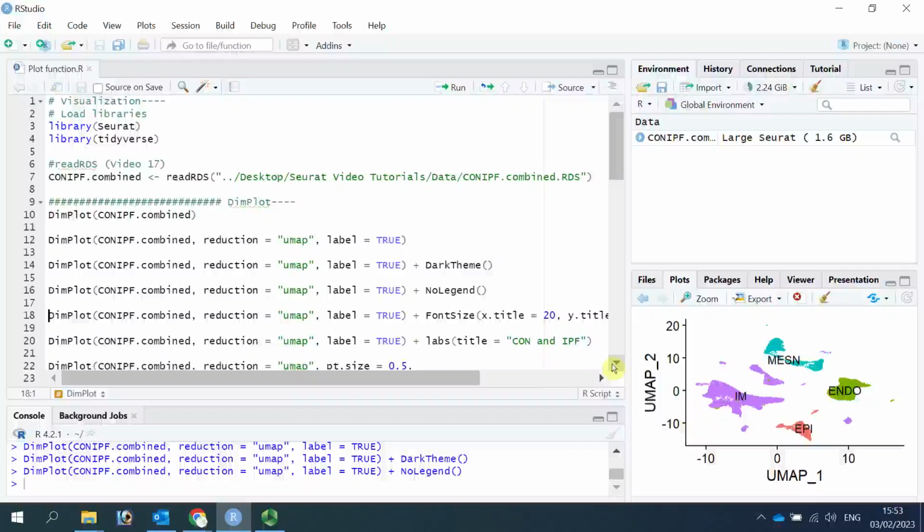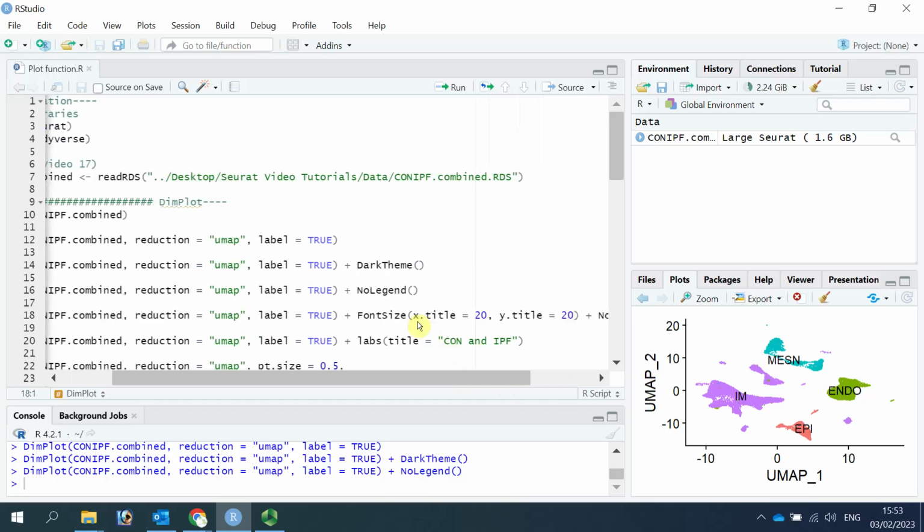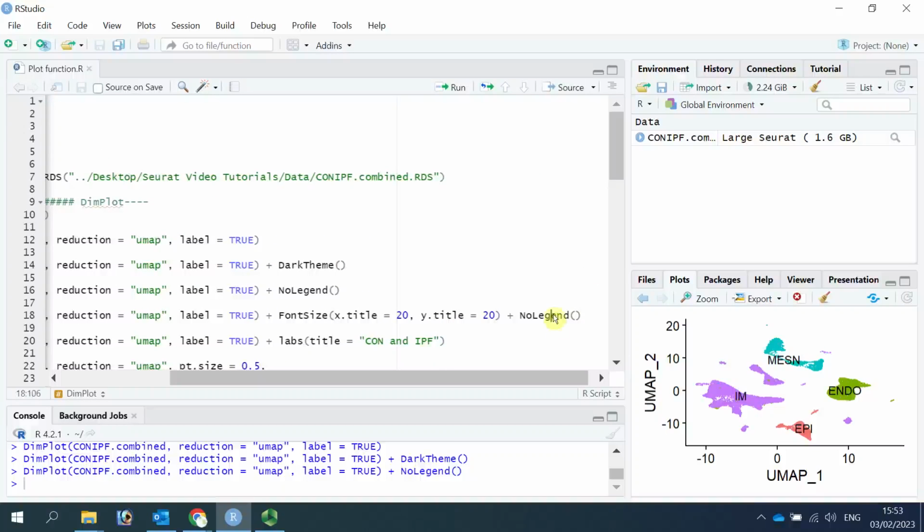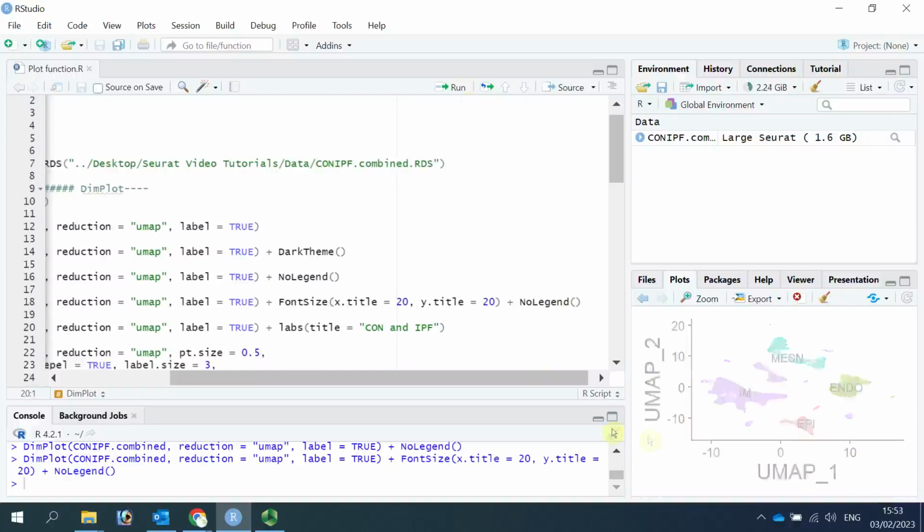We can also change the size of the labels for UMAP1 and UMAP2, for the x-axis and the y-axis. Let's run this one. You can see now we have much bigger letters for UMAP1 and UMAP2.